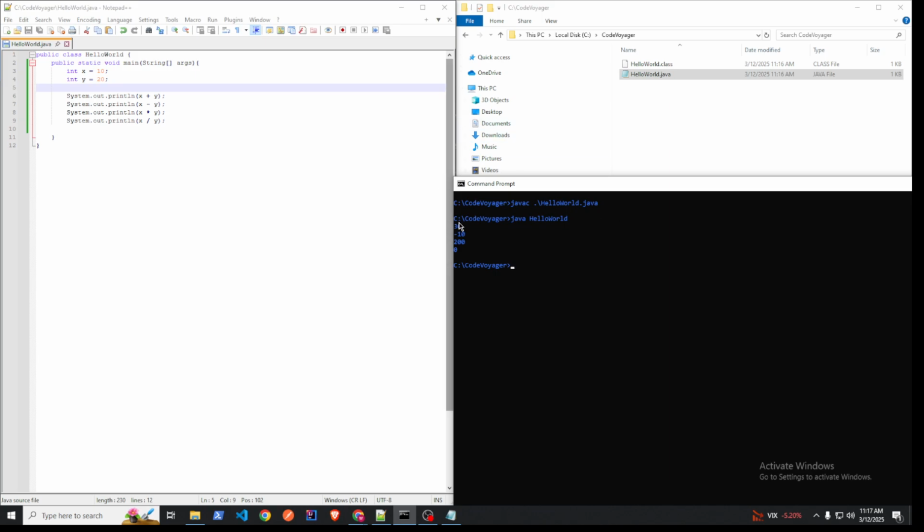Now we've got, like I said, 10 plus 20 is 30. 10 minus 20 is negative 10. 10 times 20 is 200. And 10 divided by 20 should be 0.5, but because it's an integer, it's only going to print out 0. Okay, so now if we wanted to change that, we could change